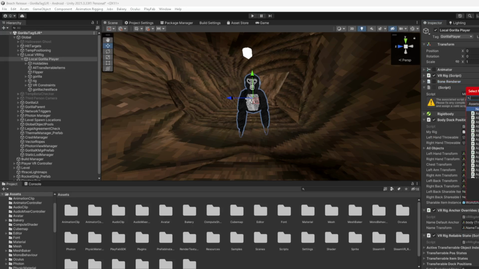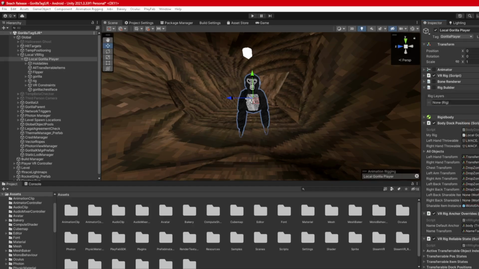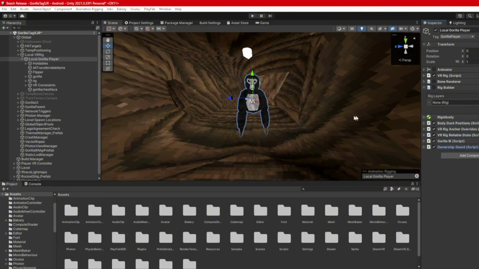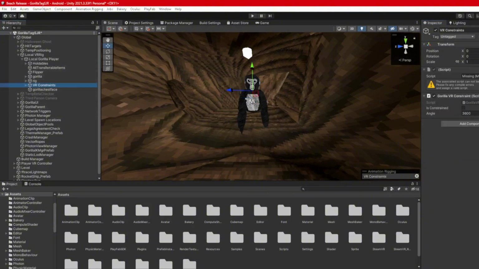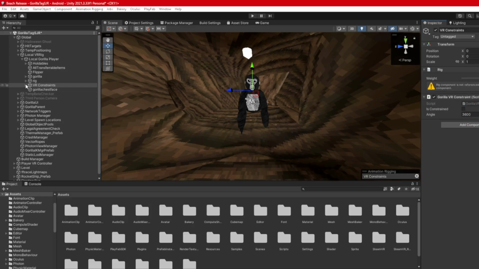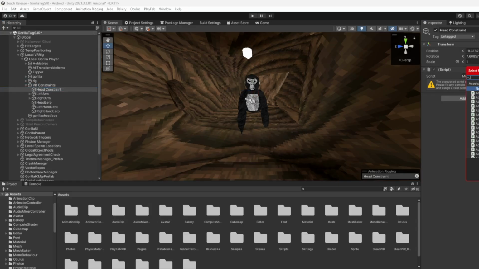And this next one, add a rig builder, like so. Rig builder, and boom. So like this. Now go to VR constraints, add a rig, select this little thing. Let's go down, add rig, like so. Drop down VR constraints, head constraint, make this